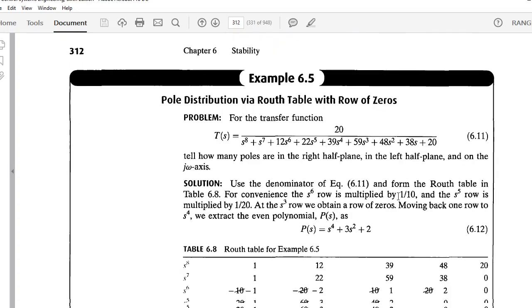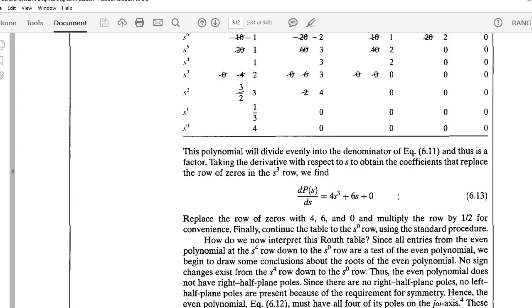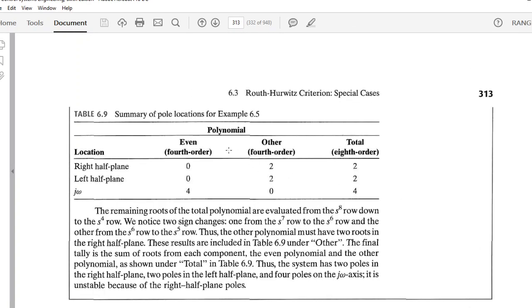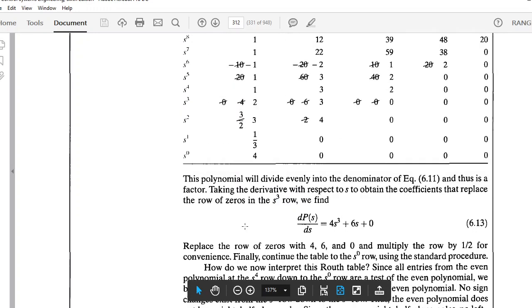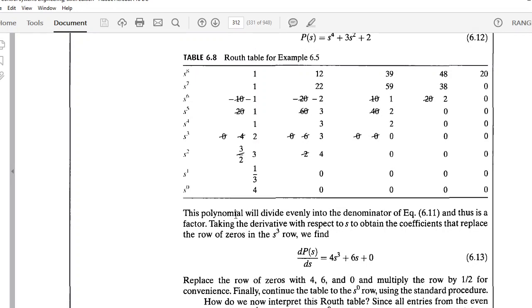So when we have a row of zeros, we need to take into consideration 3 elements. So these are the 3 elements. How many poles do you have on the right-hand plane? How many poles do you have on the left-hand plane? And how many poles do you have on the j omega axis? Now, another thing that is a challenge here is that when you have a Routh table with a row of zeros, you need to consider it as 2 halves. It will be a half that has occurred after the row of zeros and a half that has occurred before the row of zeros. So here,